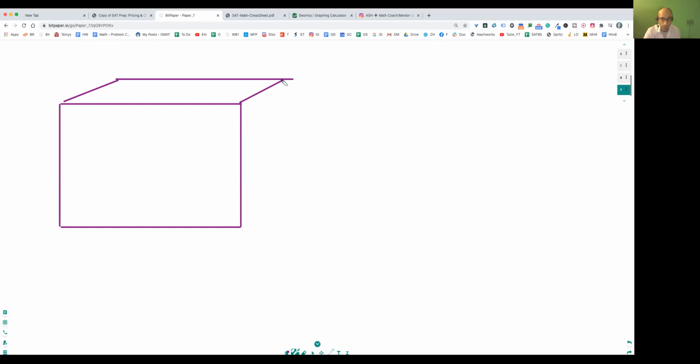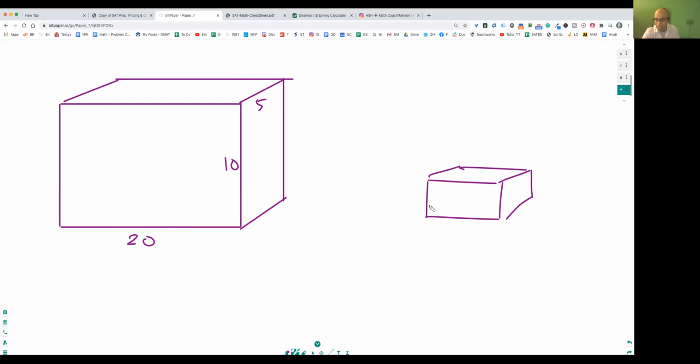So let's try to solve this problem here. Let's say you've got a tank, and you want to fill it with water. Let's say the dimensions are 20, 10, and 5. Let's keep it simple. And now let's say you've got another rectangular container here, and let's say the sides of this are going to be